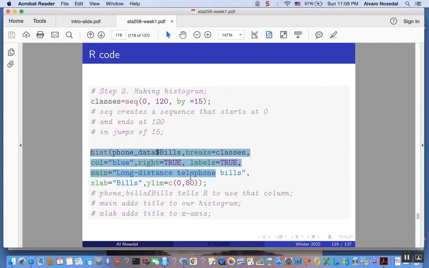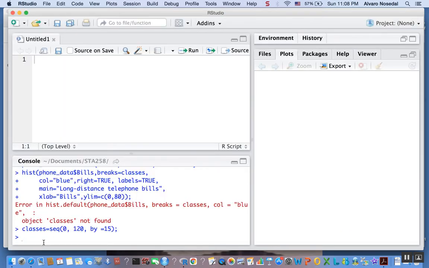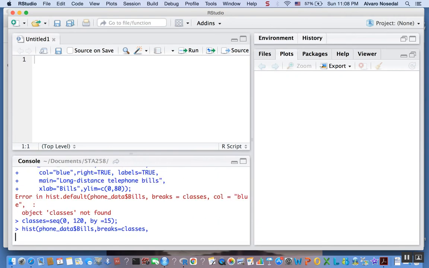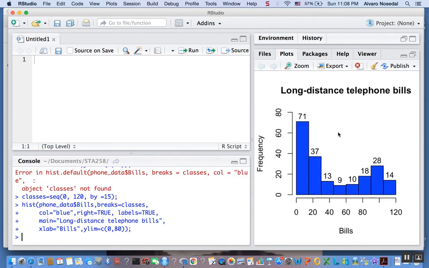Let me copy and paste the R commands for our histogram. There, it's working. So as you can see, it's just a matter of what you like better, RStudio or R. Again, if you're using RStudio under the hood, you're using R. Okay, anyway, so